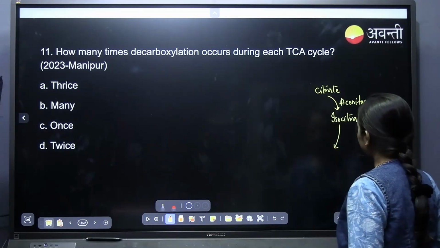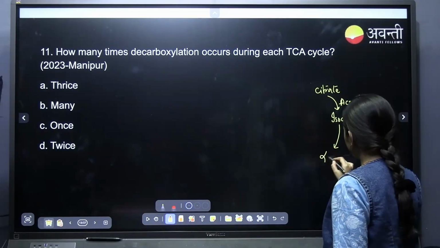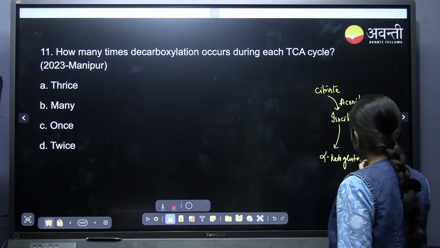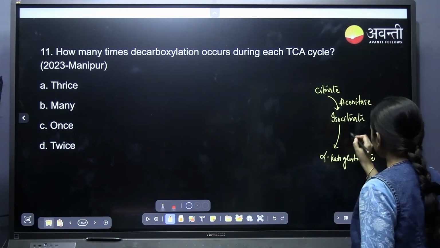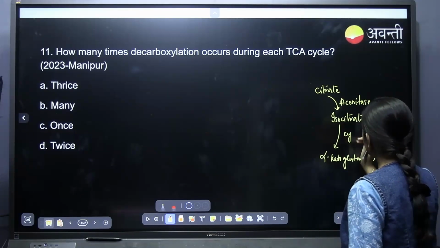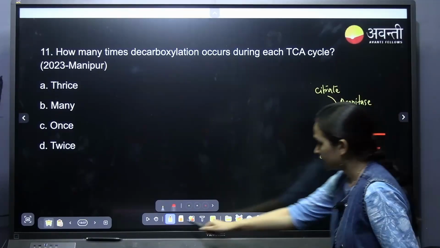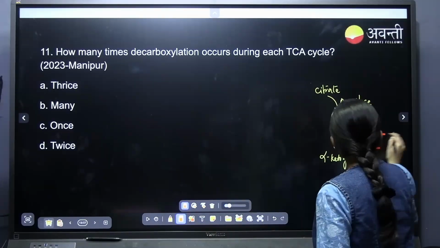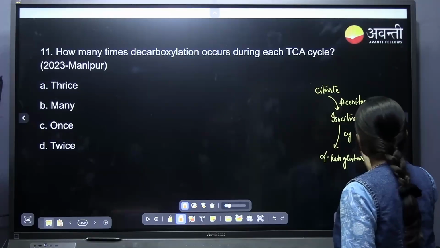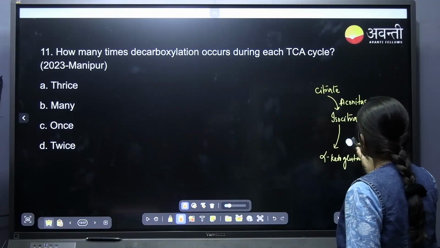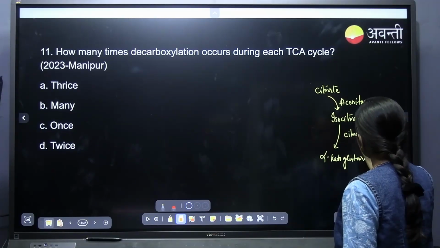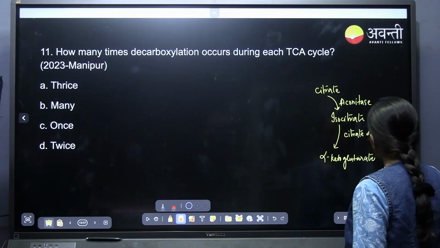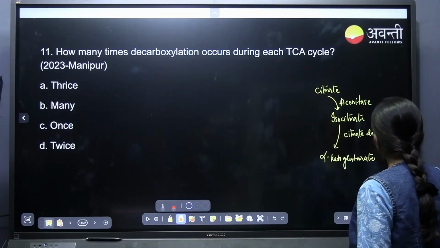Isocitrate is converted to alpha ketoglutarate. Here the enzyme used is isocitrate dehydrogenase